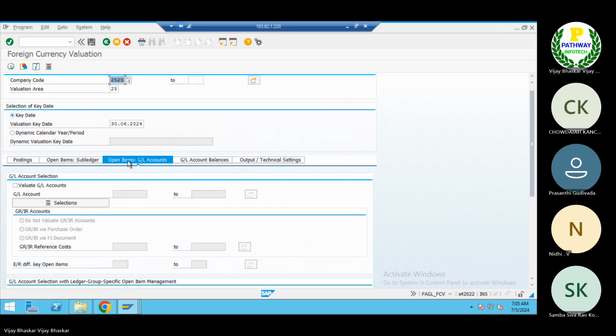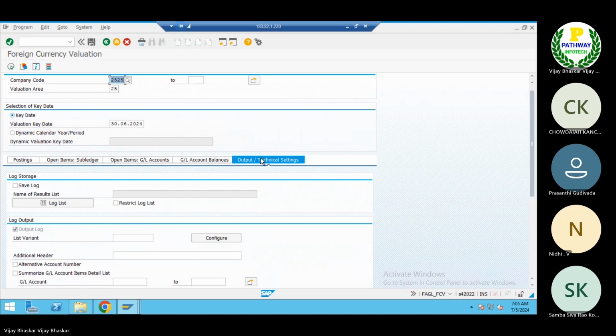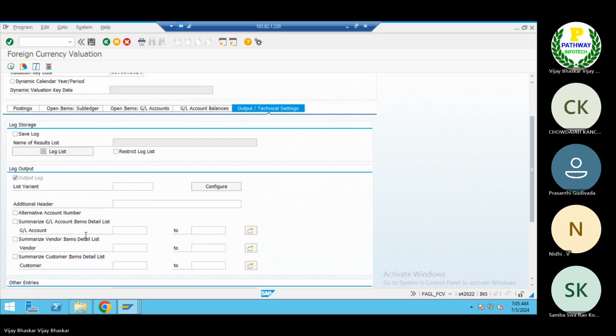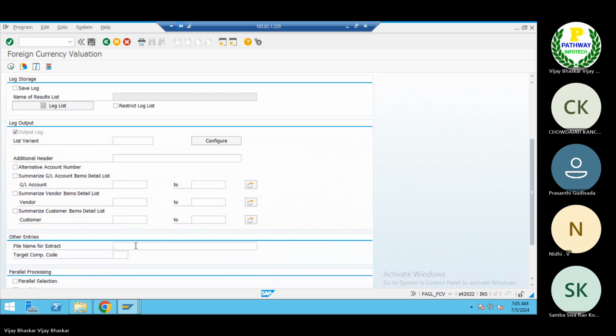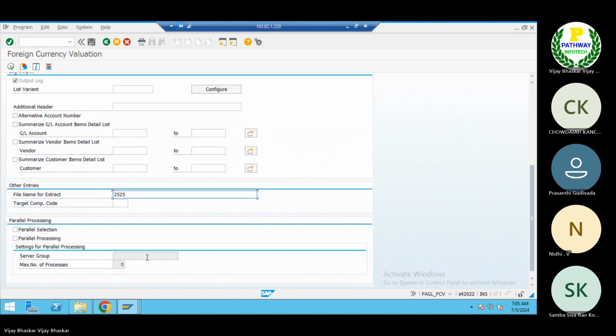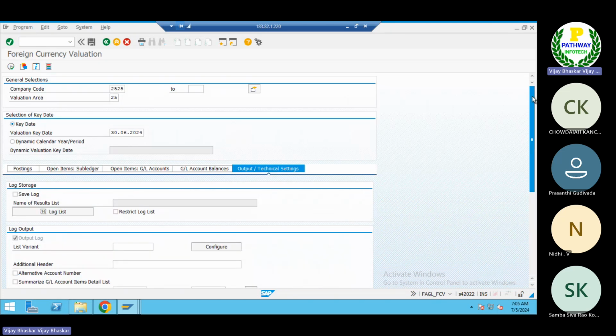Then let's go to the open items. Target, I don't want to give target, but let's see.